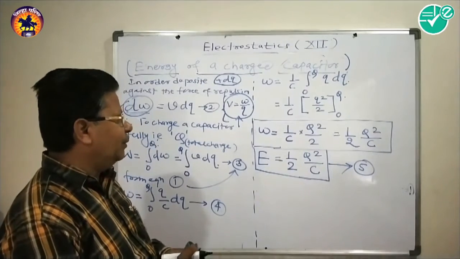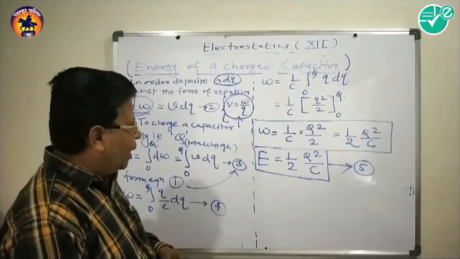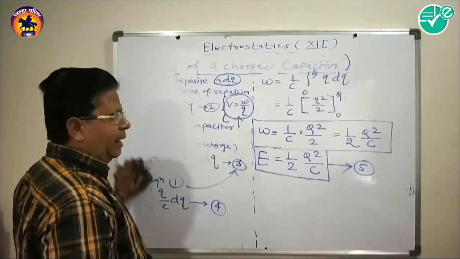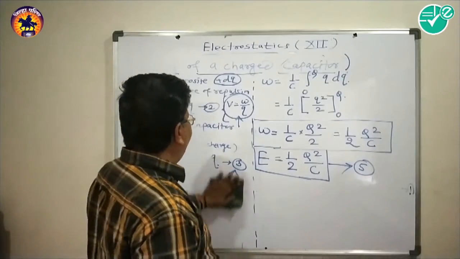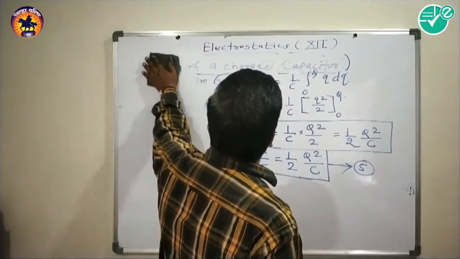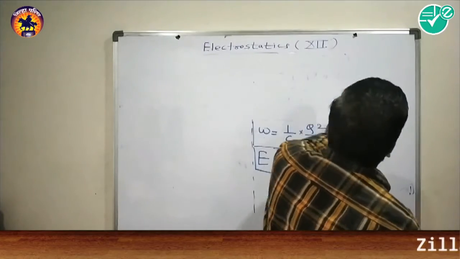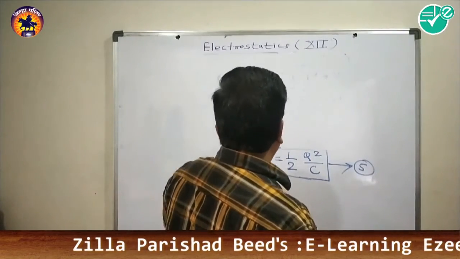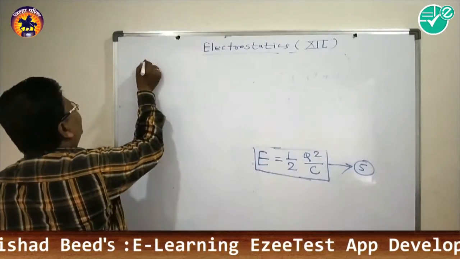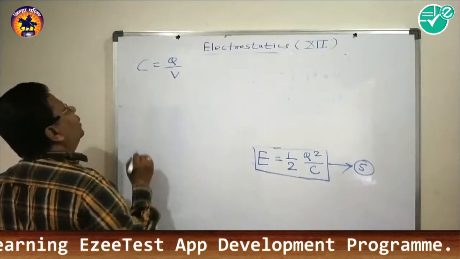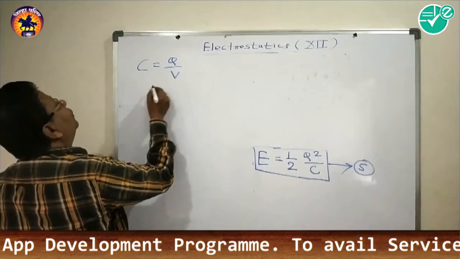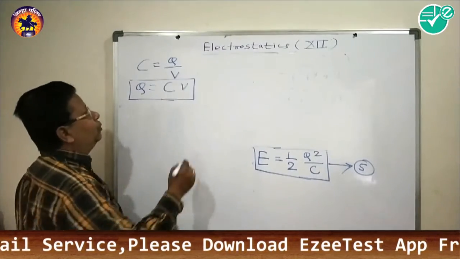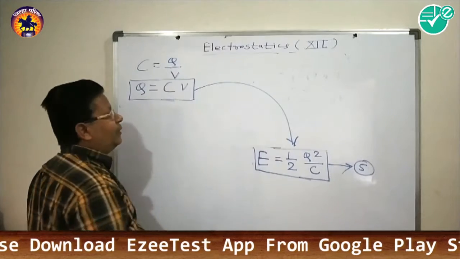So from equation 5 we have got the relation 1 by 2 into Q square divided by C. Again we will find the different forms of the energy stored by a capacitor, and the different forms can be obtained by using the equation C is equal to Q by V. As we know that C is equal to Q by V, from this equation Q is equal to C into V. And if the value of Q equal to C into V is substituted in equation number 5